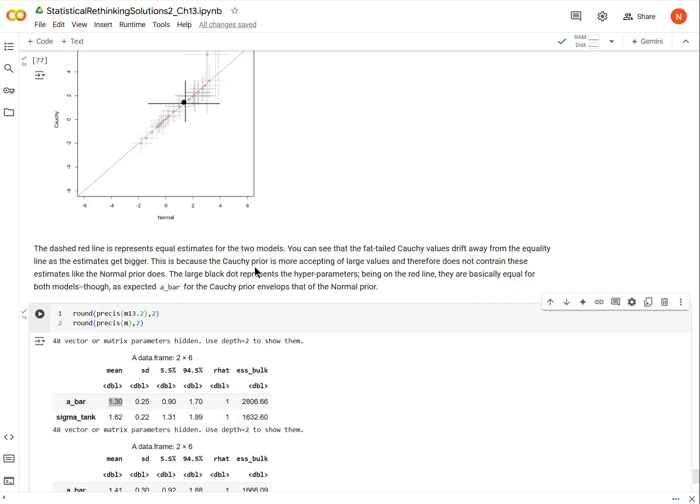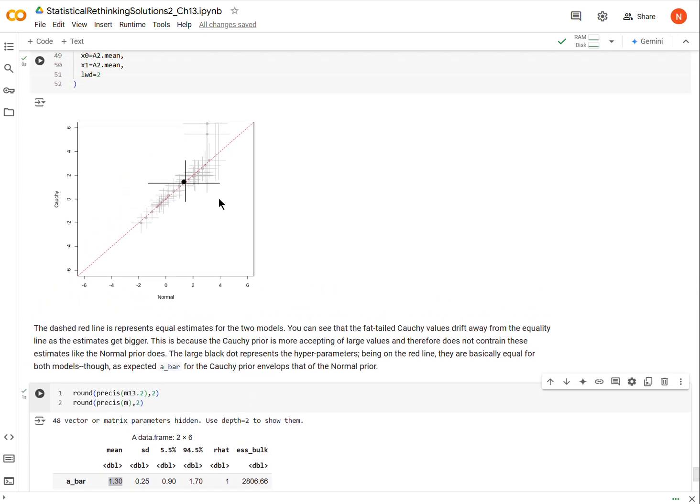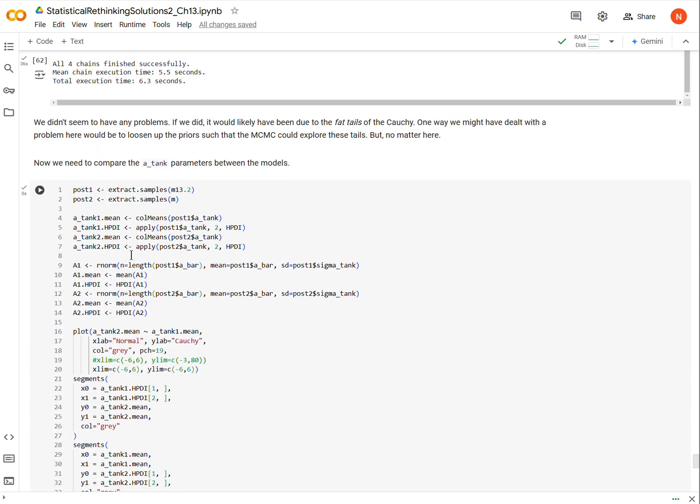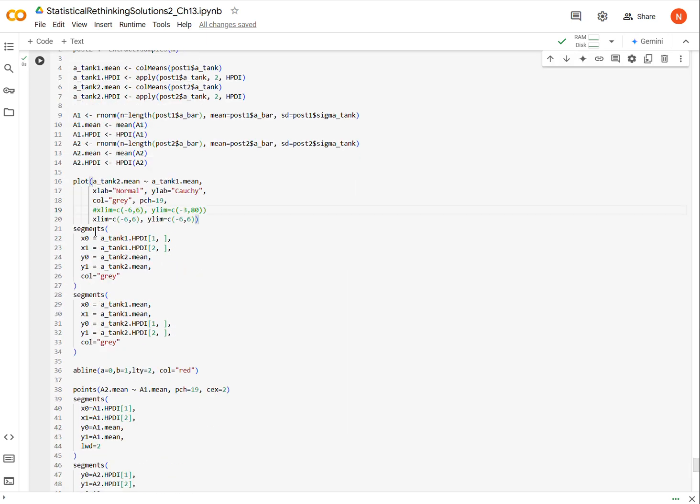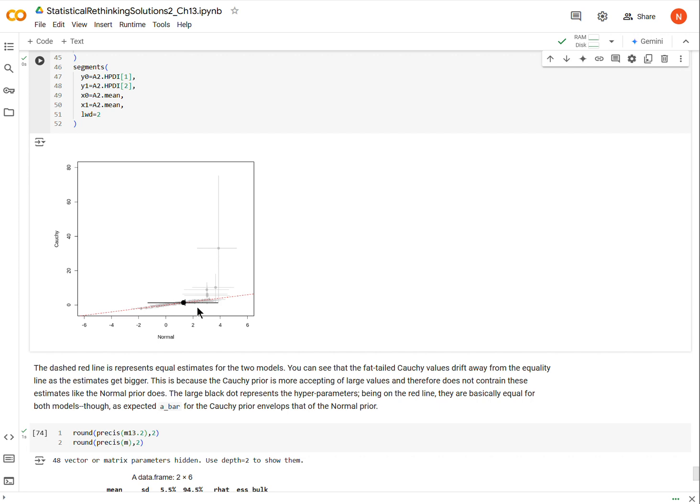So I think that's everything that the question asks us to do. But I want to also notice some things about the error bars here. So I'm going to go up and zoom back out and get the full view of this posterior or these predictions here. Okay, so here we go.